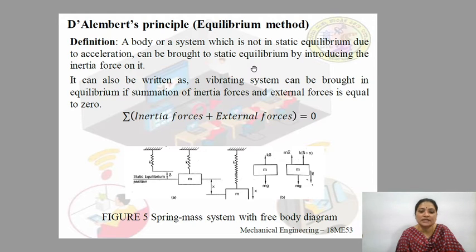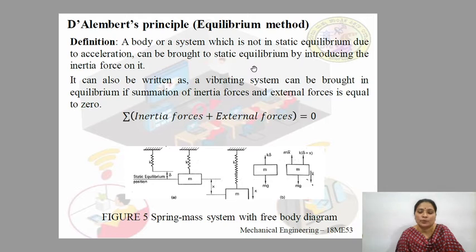Here, consider the spring mass system with the free body diagram as shown below. In the first figure, we can see that one end of the spring is fixed, the other end is free with no mass attached to it. Once the mass m is attached, the spring is displaced. So the second figure indicates the elongation of the spring due to the attachment of the mass.